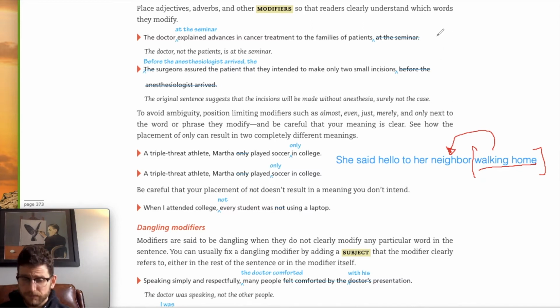So let's assume for the sake of this example that we want the she in this case to be the one walking home. Then how do I fix this misplaced modifier? I have to move it. It's got to be as close to she as possible, which means,